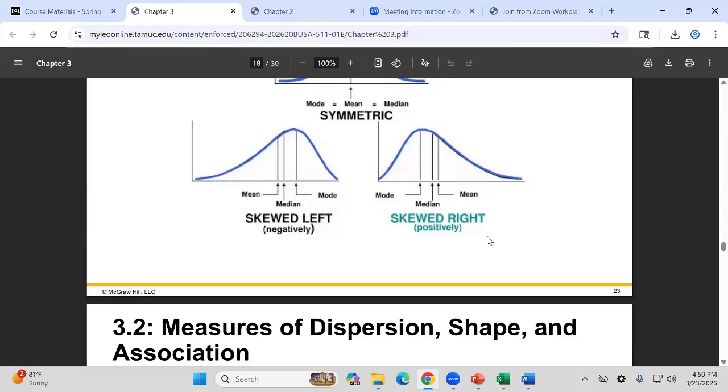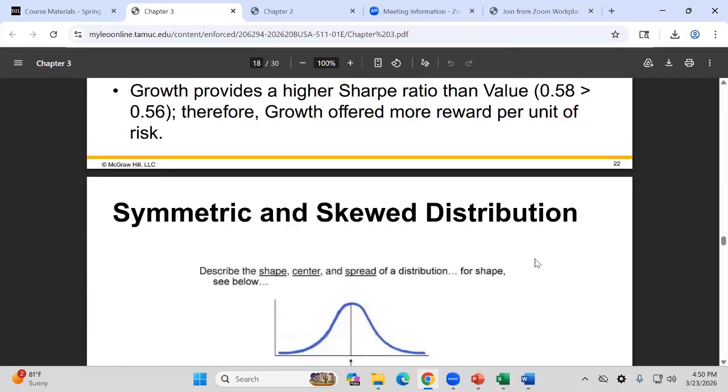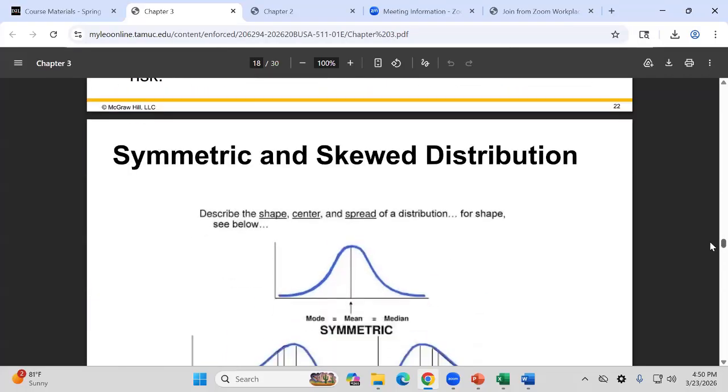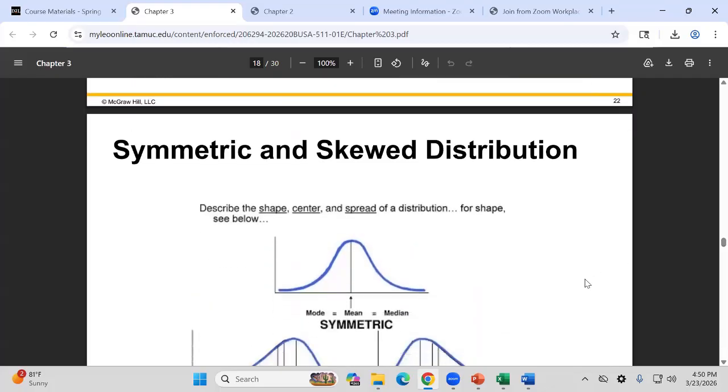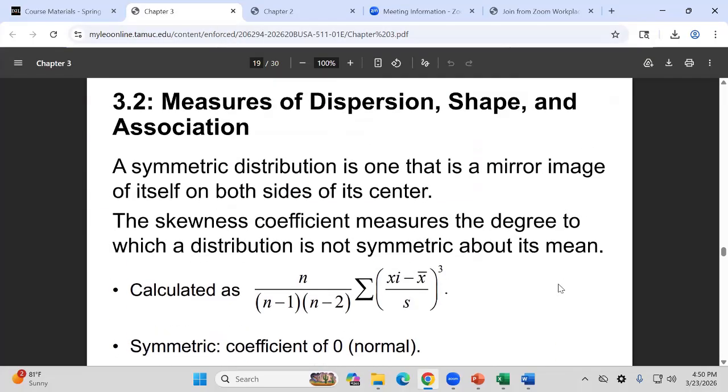Just remember how they are called. But the most important one is normal distribution, symmetric distribution. All good about this? Okay. If all good, we'll talk about